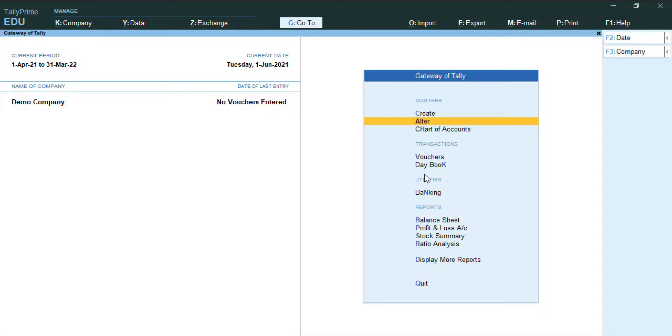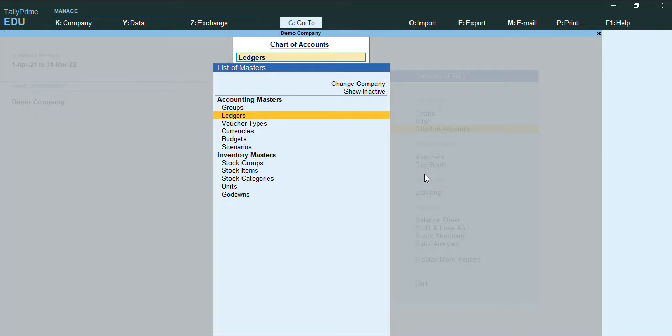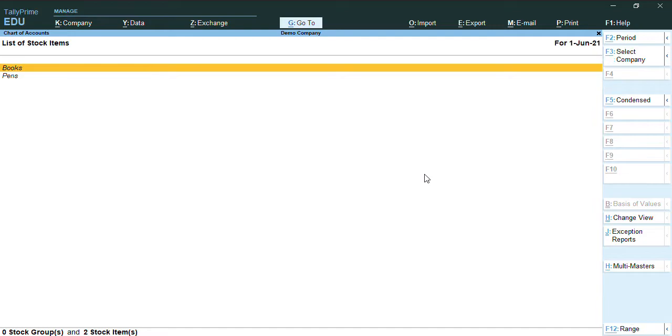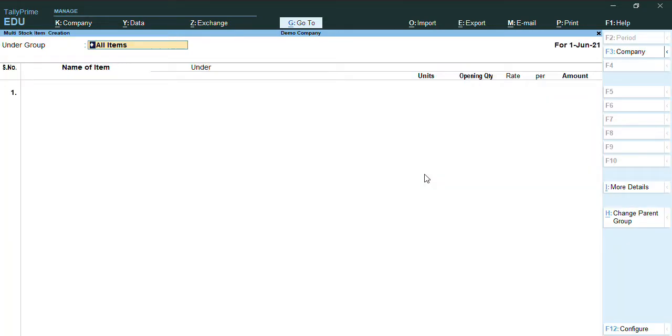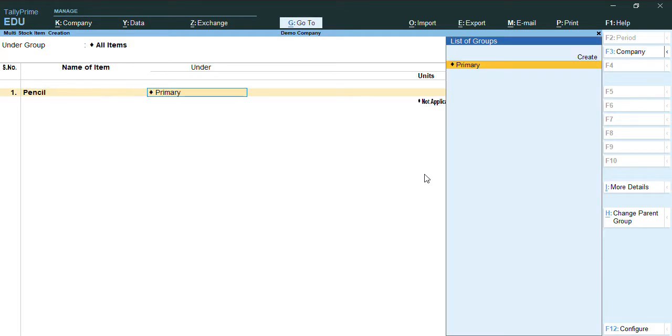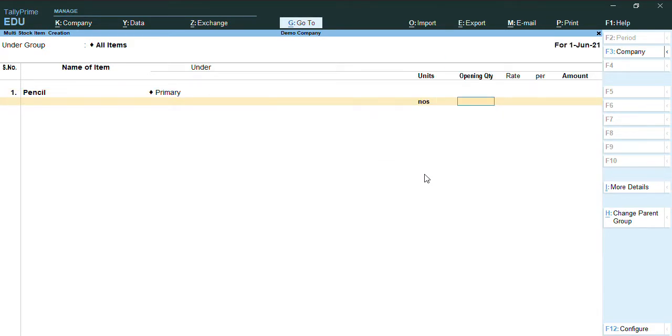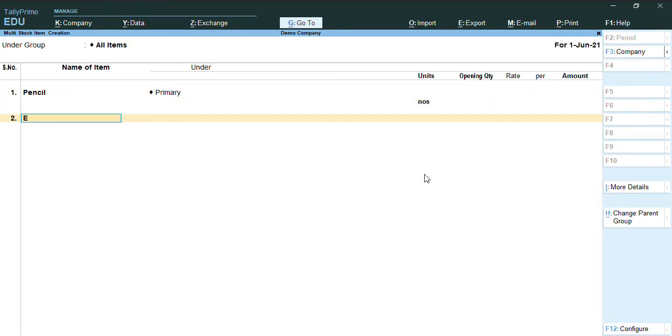If you want to create multiple stock items, you can go to chart of accounts. You can use the option here, stock items, and you can press Alt H. Once you click on Alt H, you will get the option create multiple create. So you can create multiple stock items from this screen as well, like pencils under primary numbers. I can create eraser